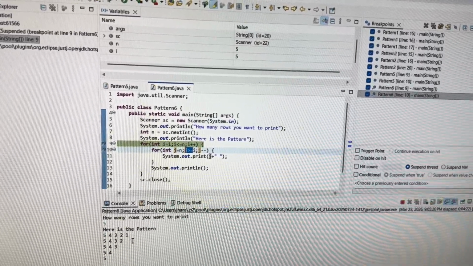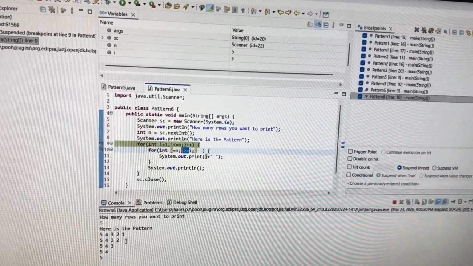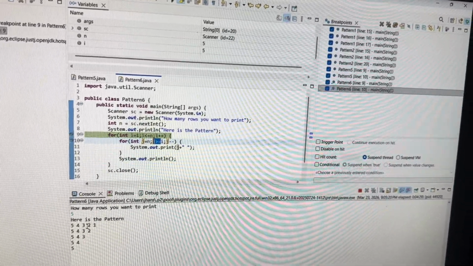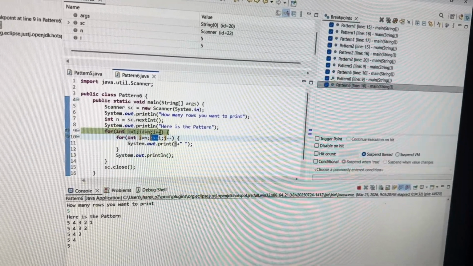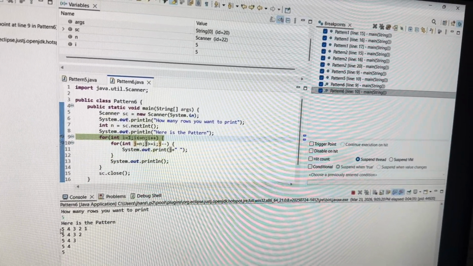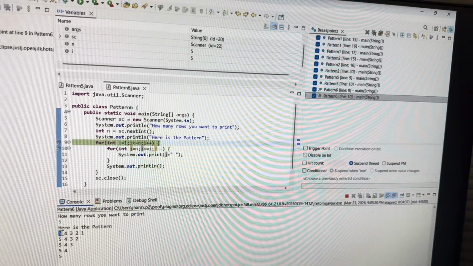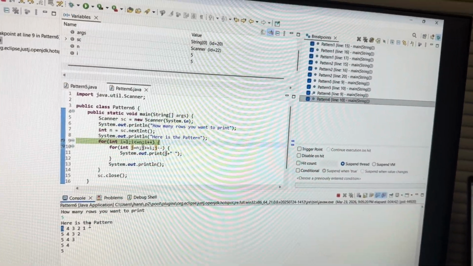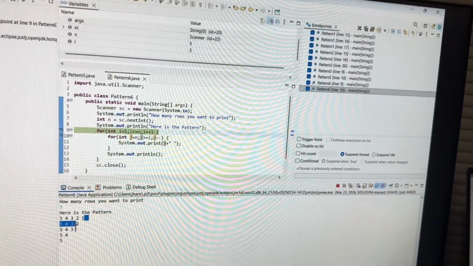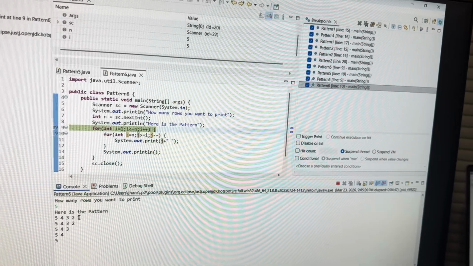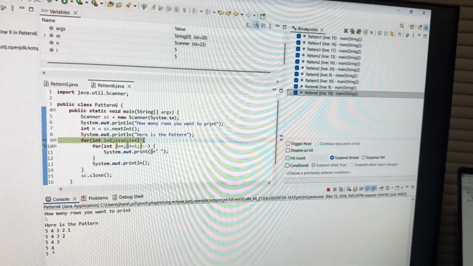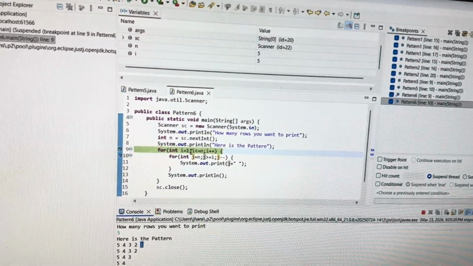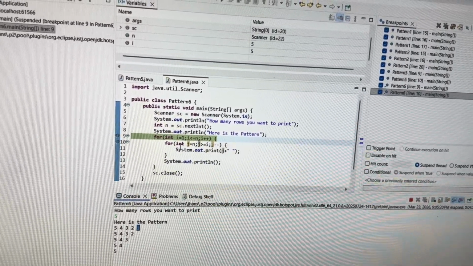So for any pattern, we have to observe the last element in each row. How the last element in each row we have to observe. Here the last elements in each row are in the increasing order, that's why I have written i plus plus, and in each row the starting element is 5, but the last element in each row is in the increasing order and starting from 1, right? So we have given i equal to 1, i less than or equal to n, i plus plus, and